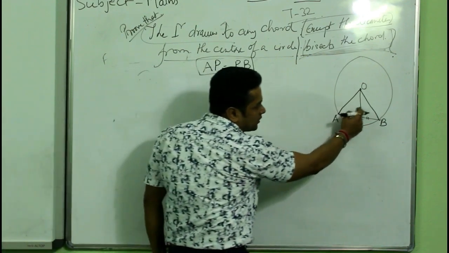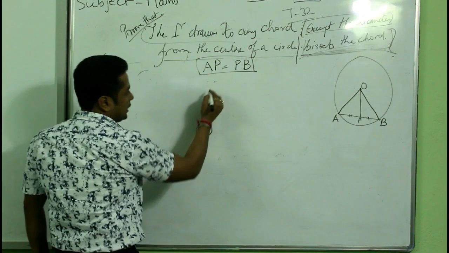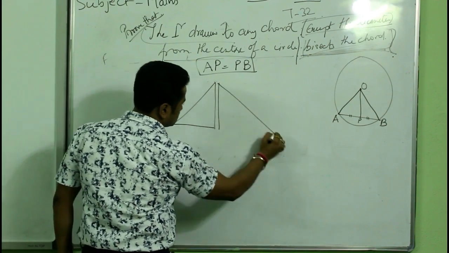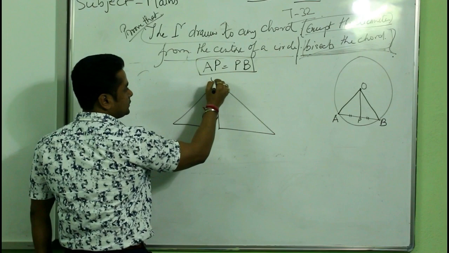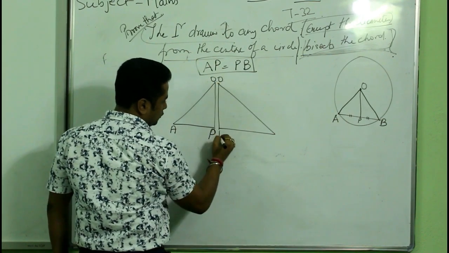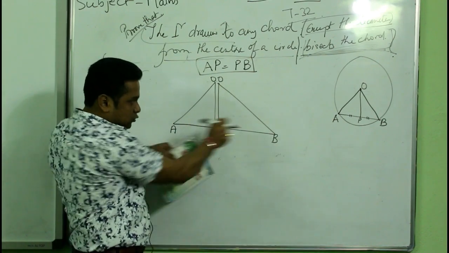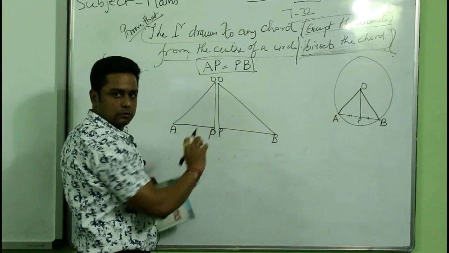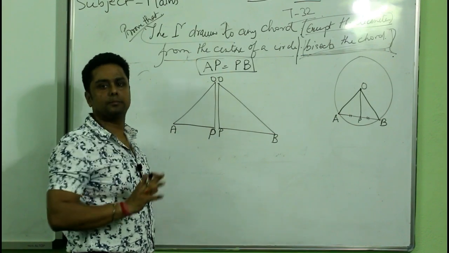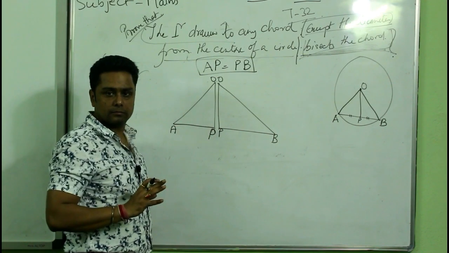Don't you think this is one triangle, this is another triangle? Yes or no? Now, let me draw the triangles. This is O. This is P, this is A, this is again O, this is again P, this is again B. Same thing, I have just torn it apart. Yes or no? So this is the reason I taught you congruency of triangles previously before teaching this. Otherwise this would have jumped over your head.